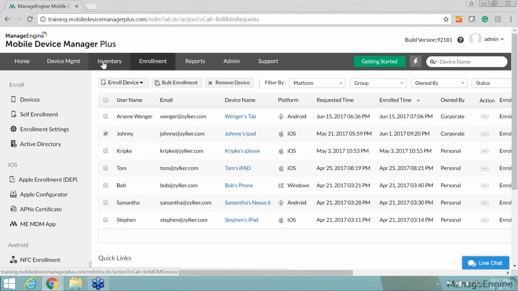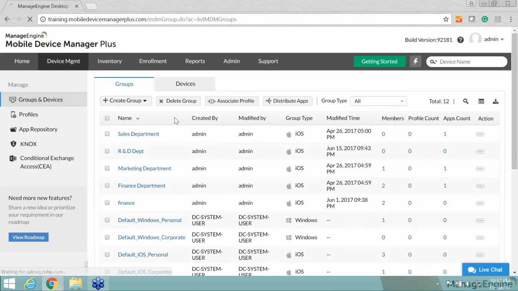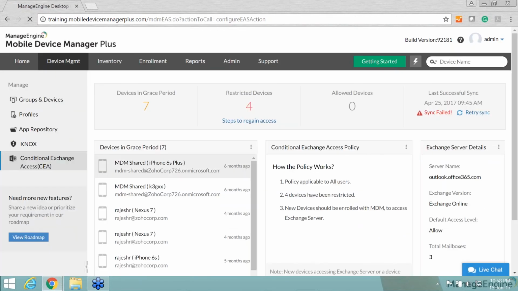So I click on Device Management on the top. This directs me to a page which shows groups and devices. I'll get to that in a bit. So now there's also, to the left, an option called Conditional Exchange Access. I click on that button. Well, the policy is already configured on my console.